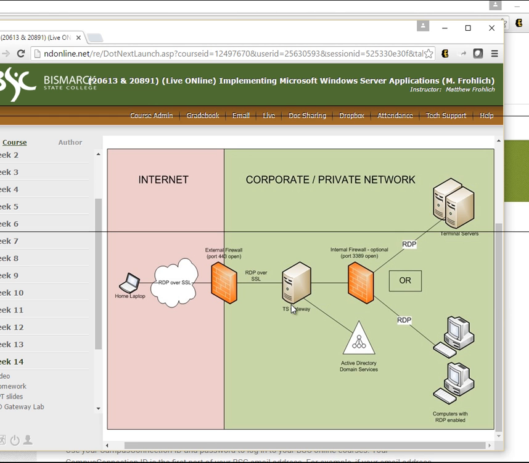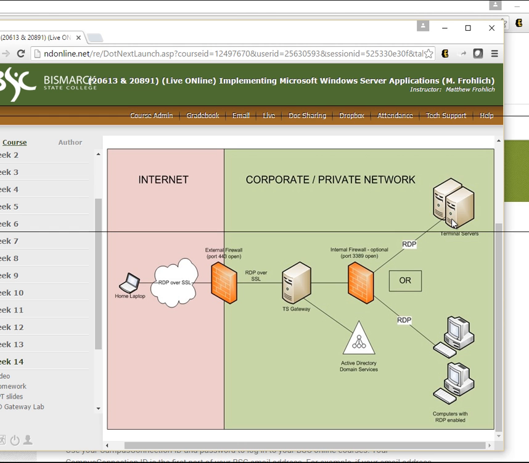So we kind of have a middleman here that will encrypt the data for us going out to the internet. But once we are internal, then we can communicate over port 3389. So it's recommended that if you have clients that will be connecting to the terminal servers through the internet, you install this piece. Now your terminal server gateway or your remote desktop gateway server should be a separate machine